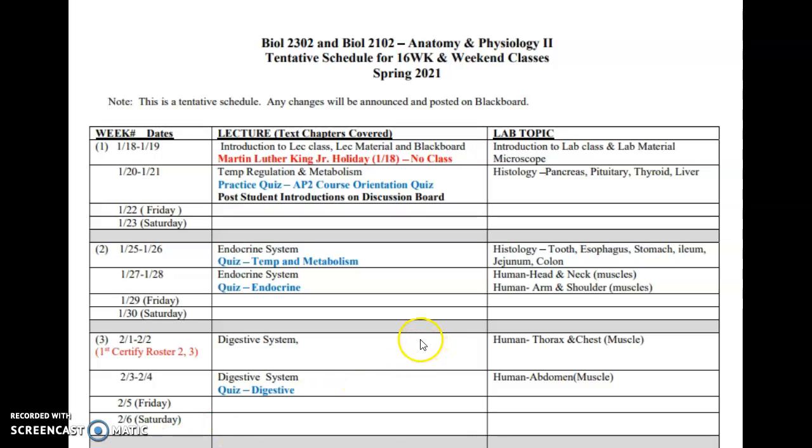Good morning, students. I would like to remind you this Tuesday we're going to be covering the endocrine system. It's going to be the first part, and we're going to be working on the histology of the tooth, the esophagus, stomach, the ileum, jejunum, and colon. These are digestive tissues. Again, we're going to be working with the endocrine system and with the histology of these